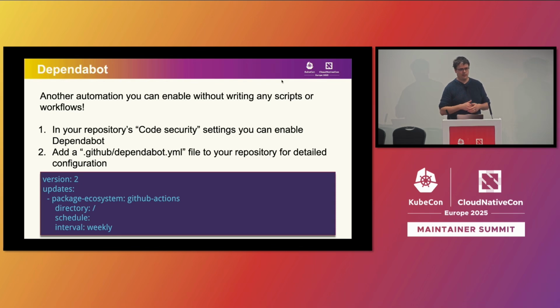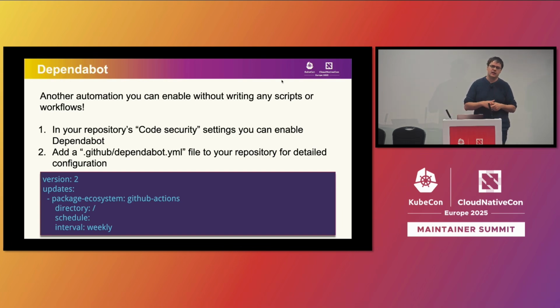Similar to Dependabot. Now, I guess if I ask the same question again, who's using Dependabot or Renovate? I guess I get a lot of hands up again. So yeah, I think that's another easy thing to do, right? I mean, you add this to your repository. You don't even have to configure anything. There's a config file for Dependabot. And one thing you definitely should put here is the GitHub Actions to have them updated as well, right?